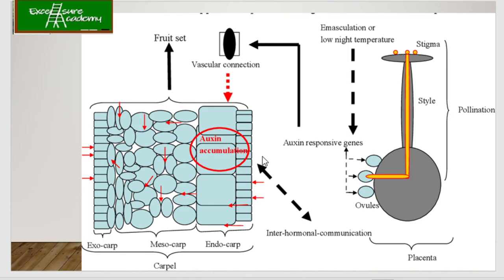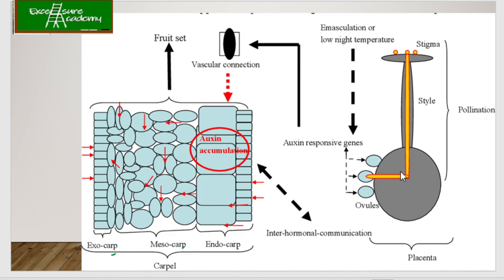So here you can see that these are the regions: exocarp, mesocarp and endocarp. So what is happening? You have the female part, to which when the pollen grows, what happens? It forms the pollen tube. It reaches inside, the pollination has started. Now it is going to reach and fertilize. So that is how the normal seeds are formed.